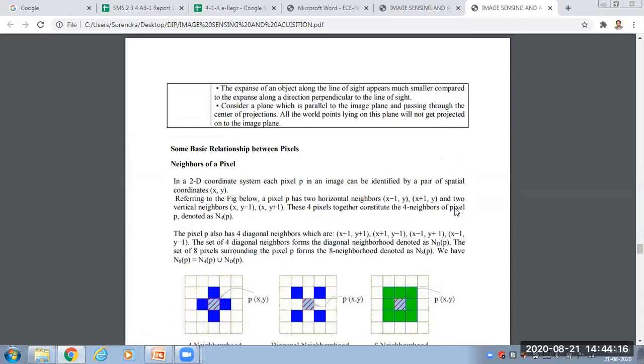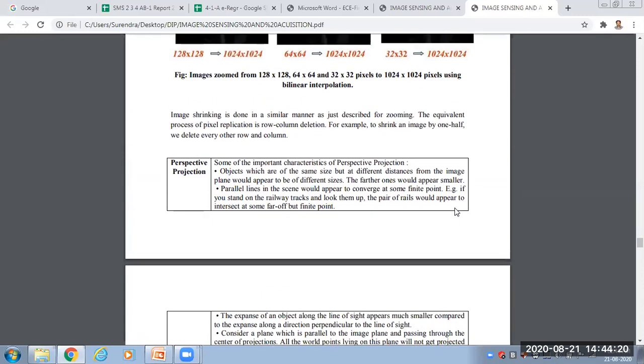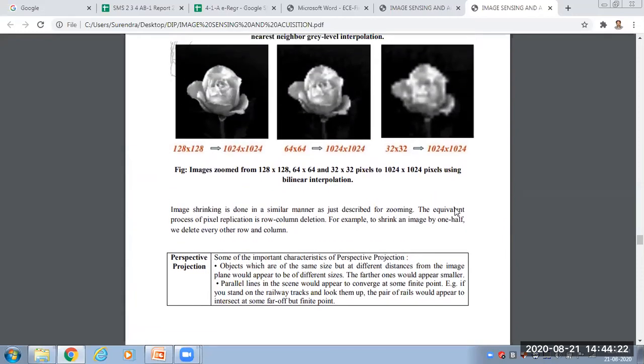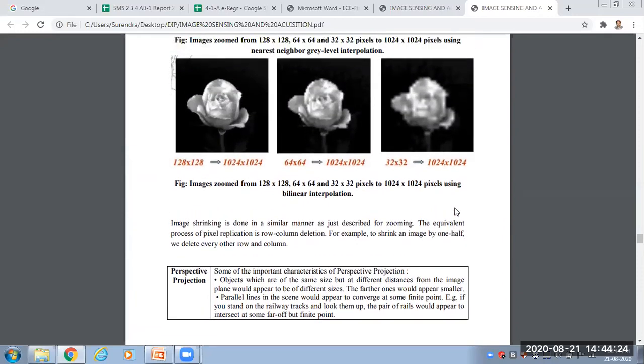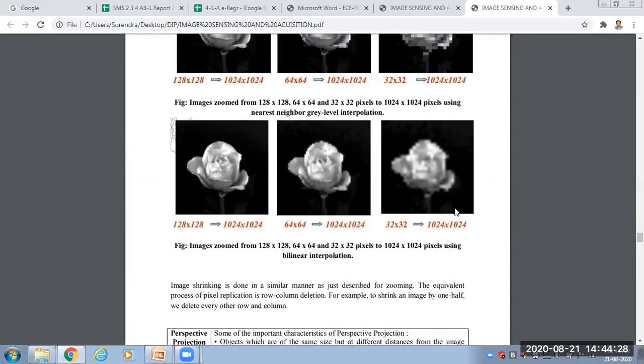Okay, up to now we have seen, time is up, 15 minutes. Today we have seen what are the points. Once again, I'm reviewing the points. Today we have seen the fundamental steps involved in our digital image processing. There is a block diagram. All of you must go through the textbooks. There is clear information.